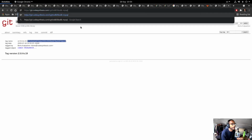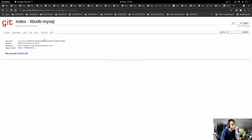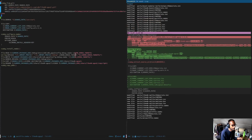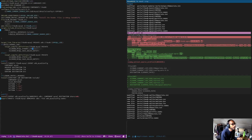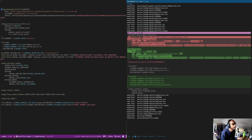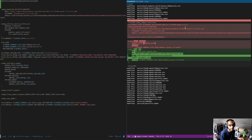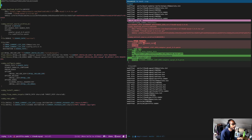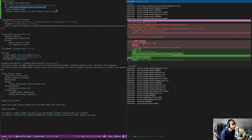One thing I don't remember doing is I don't remember getting the tag for MySQL. Let's have a look. I do not remember doing the tag for MySQL, so presumably this probably was not done. Yeah, okay, so we didn't really do the tag for MySQL. Right, so let's just go back to the port file. And it should be as simple as grabbing these guys, updating the ref, and as you can see there, incorrect